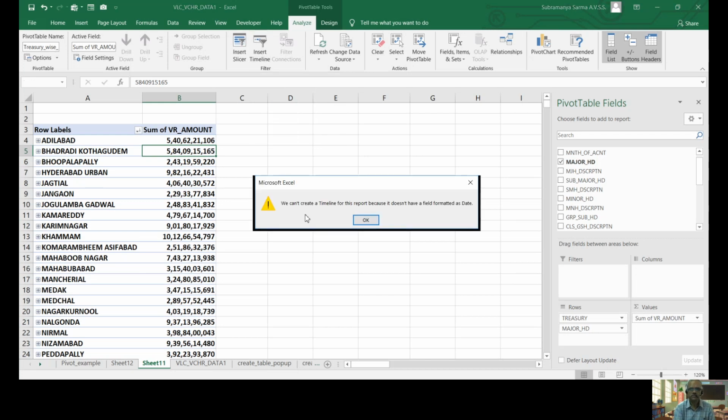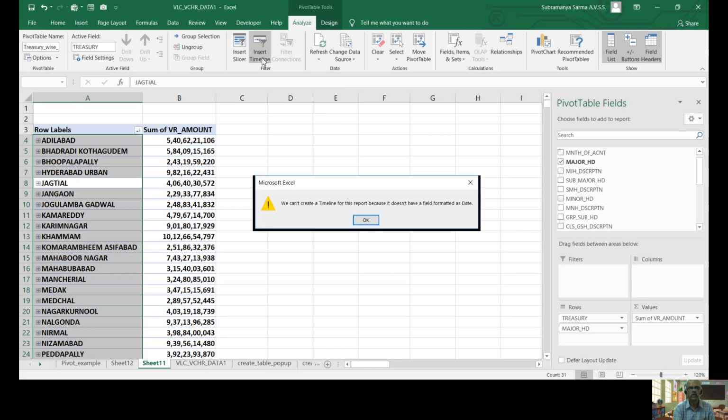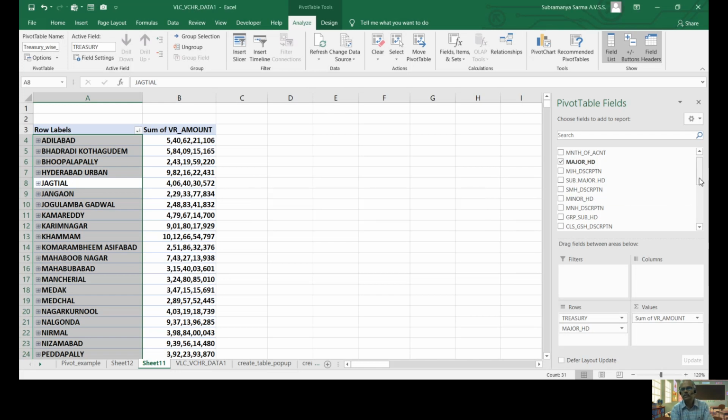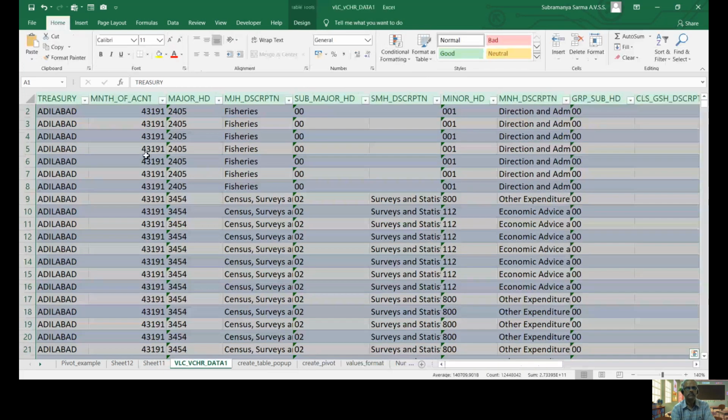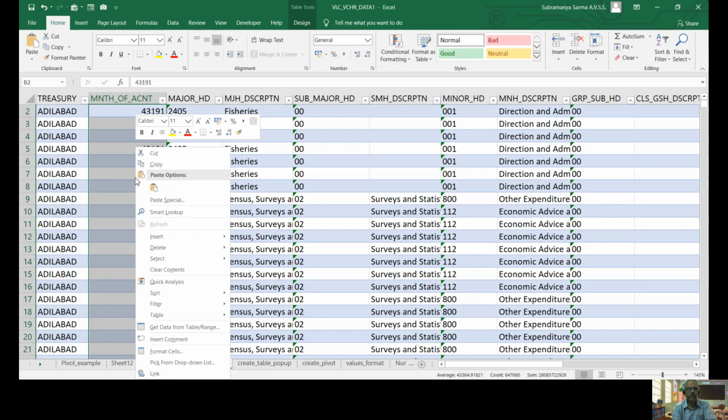If I click this, it shows voucher number and voucher date. It says these are not dates. See, month of account is showing as a number here in our base data. That's why it says you cannot apply filters.